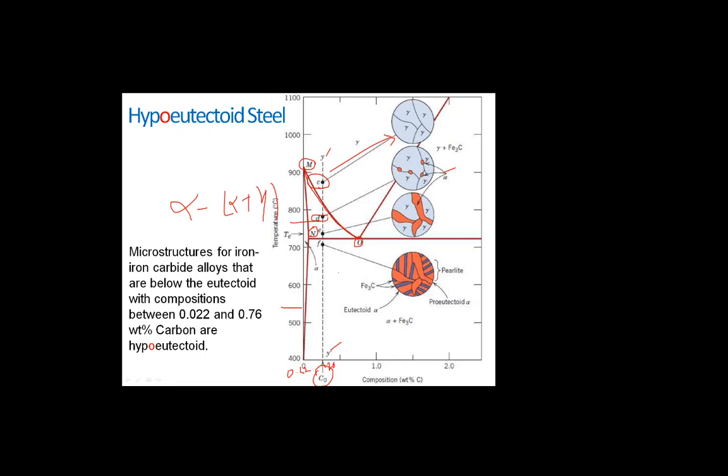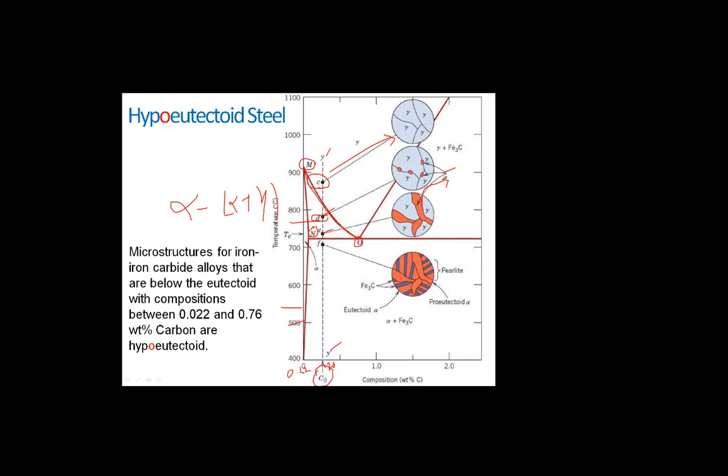So cooling from the point D to E, just above the eutectoid but still in the alpha plus gamma region, will produce an increased fraction of the alpha phase, and a microstructure similar to that also shown. The alpha particles will grow larger, starting from here, and the alpha particles will grow very large in shape.